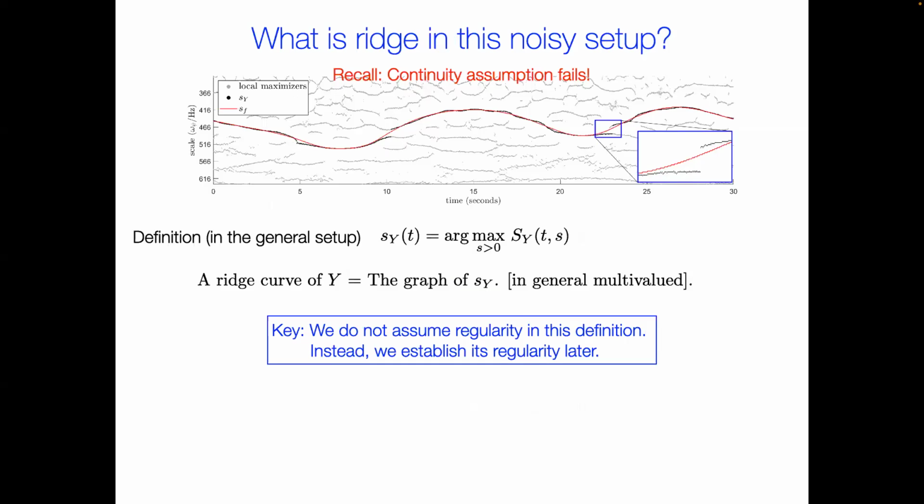Now, what is reach? I have a sufficient definition, and the definition is very simple. As I told you, the regularity assumption might be too much, so we simply put this as a definition. It is a scalegram of the random process, and at each time I find the argmax. So in the end, the so-called reach under this assumption is the graph of a function which might be multi-valued,